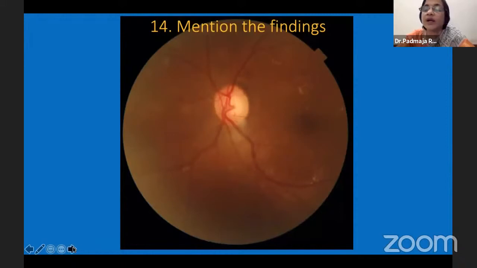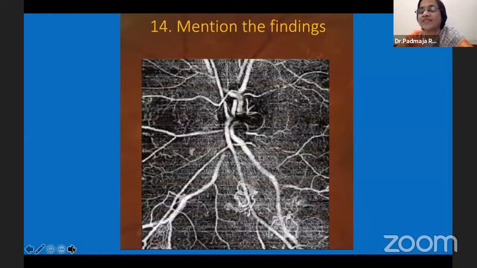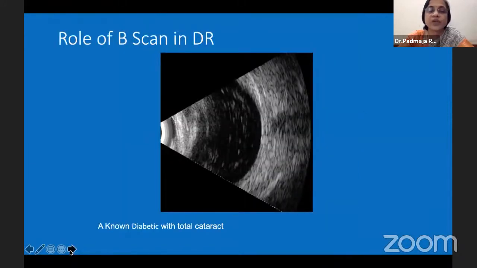However, yes, NVE plus NVD, very good. Excellent. I think you have scanner like eyes, Dr. Sheikh Shoni Sultana. So within the 45-degree field, we say NVD. You have a neovascularization, and you are also having another flower and a neovascularization elsewhere. So this is a proliferative diabetic retinopathy which requires referral.